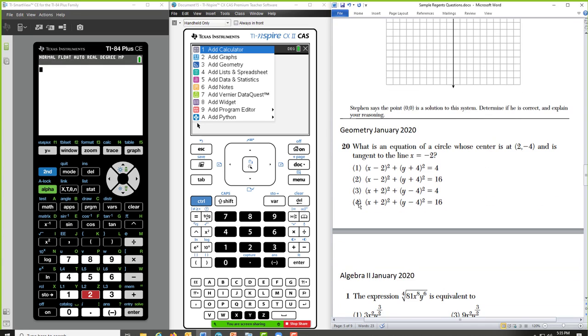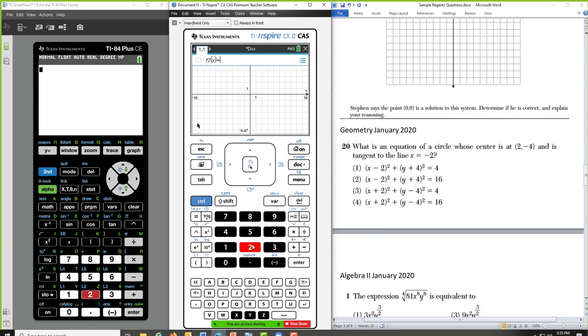Now, geometry teachers, you've been waiting so patiently. Geometry, I'm going to go strictly to Nspire for this one because it allows relationship graphing. Number 6, we want to see an equation of a circle that's going to have this as a tangent. So I would start with that. X equals -2. Maybe move that label out of the way.